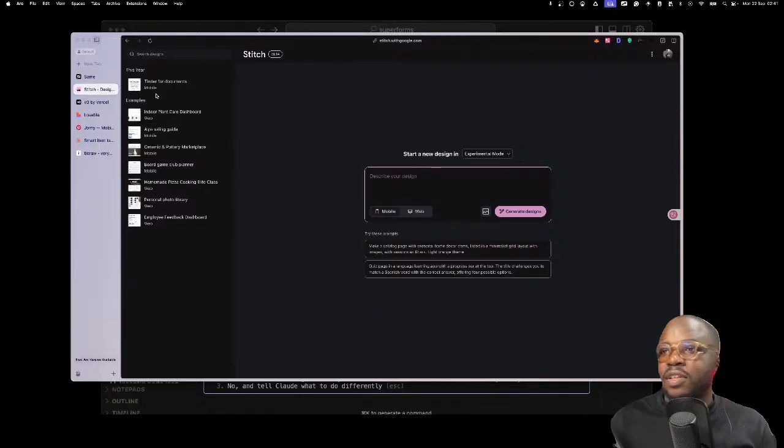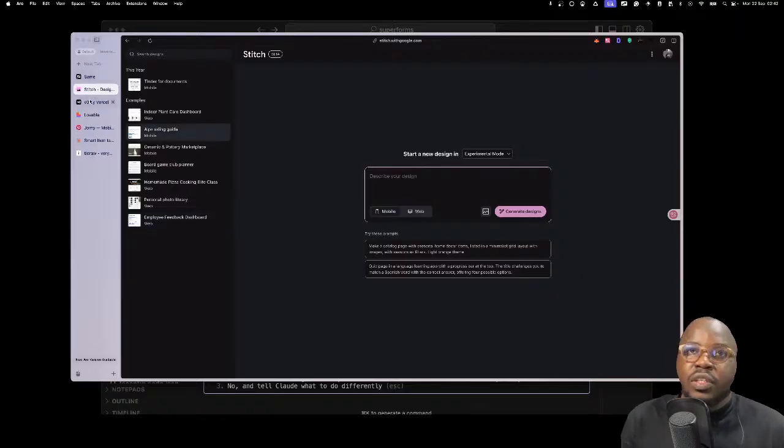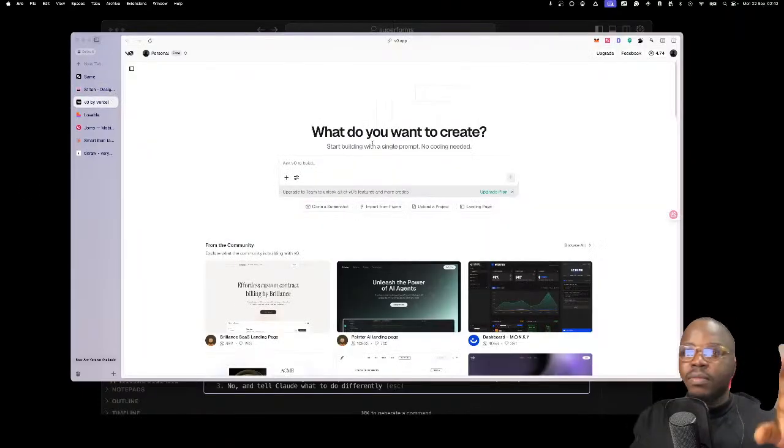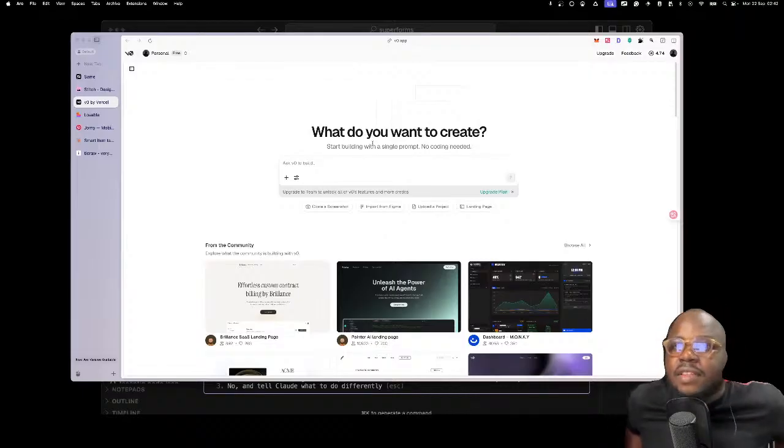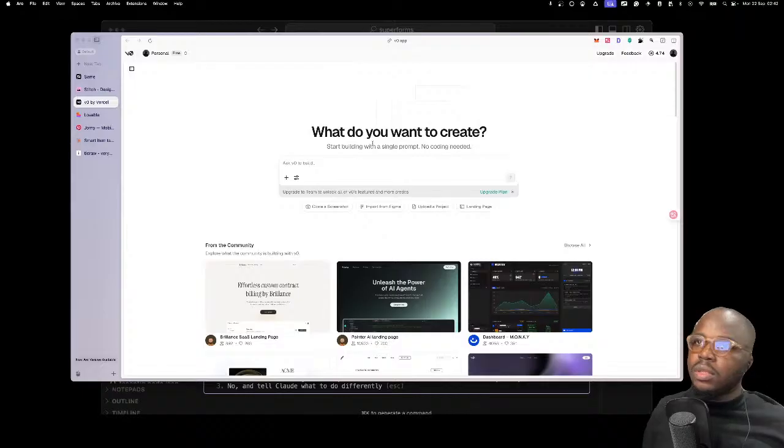But same.dev is actually a pretty good place. Their moat is they can replicate whatever design, whatever site you give them. So just give them a URL to any site and they just clone it for you. I don't know about that, but we'll see. But V0, I can tell you for a fact that V0 is cool.